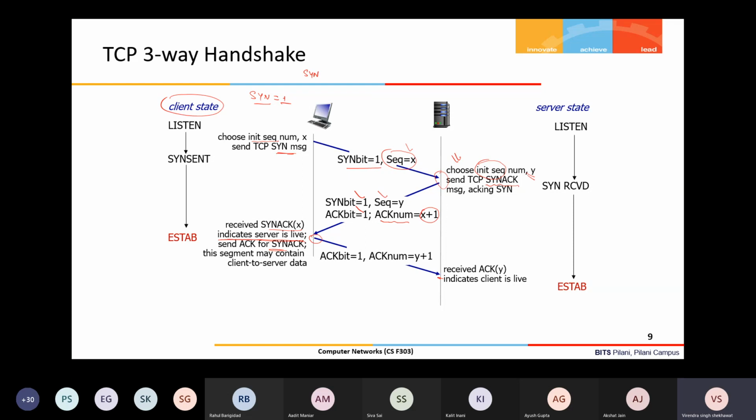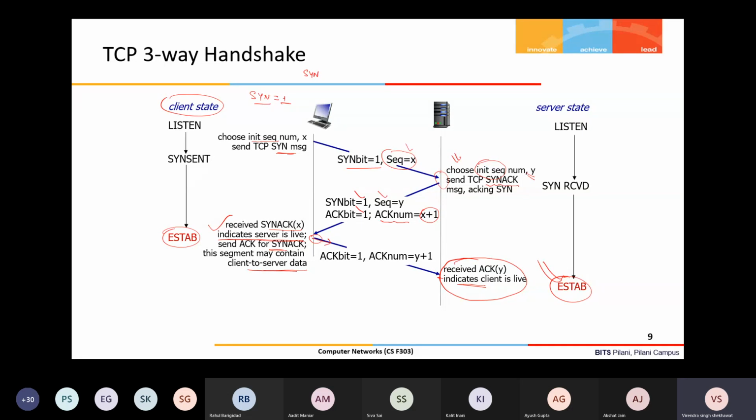So you can say that once this third acknowledgement, or third packet, is received, the server side connection will be considered established. And the client side connection is established when the client receives the SYN-ACK and then initiates the acknowledgement. Because here the client is confirmed that the server is live. So now the client to server connection is certain. And once the server receives this acknowledgement, the server knows that the connection from me to the client is also confirmed. So both know each other and both connections are established at this point.